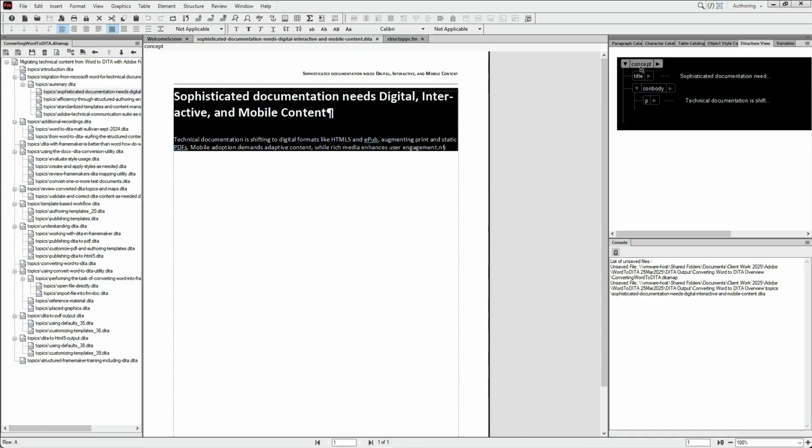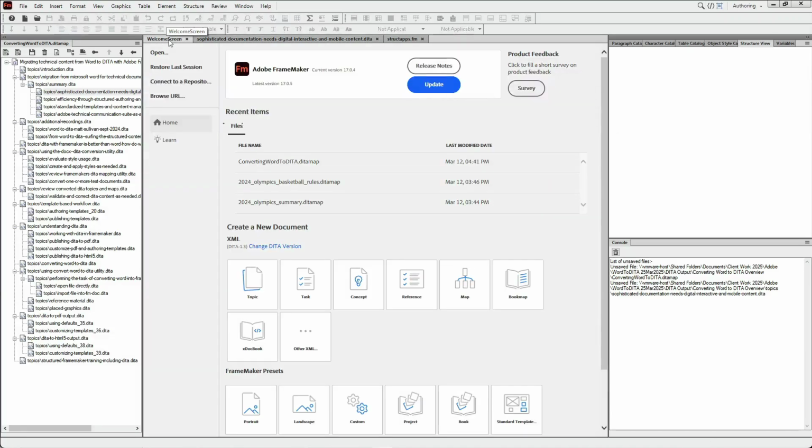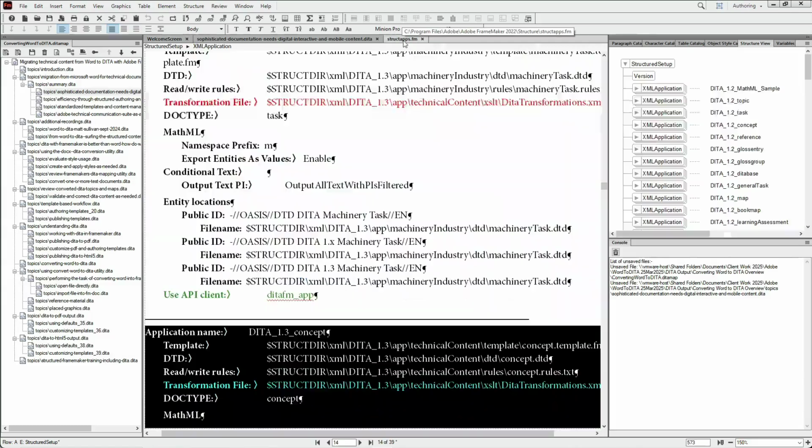How did I know that I'm working with DITA 1.3? If I look at my welcome screen, you can see that right here, we've got DITA 1.3 as our current version. If I wanted another one, I could click here and I could change it. Moving back to the struct apps file,